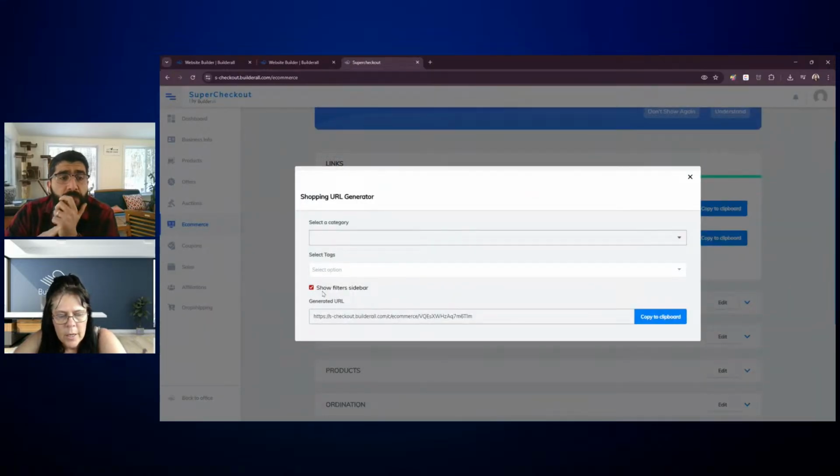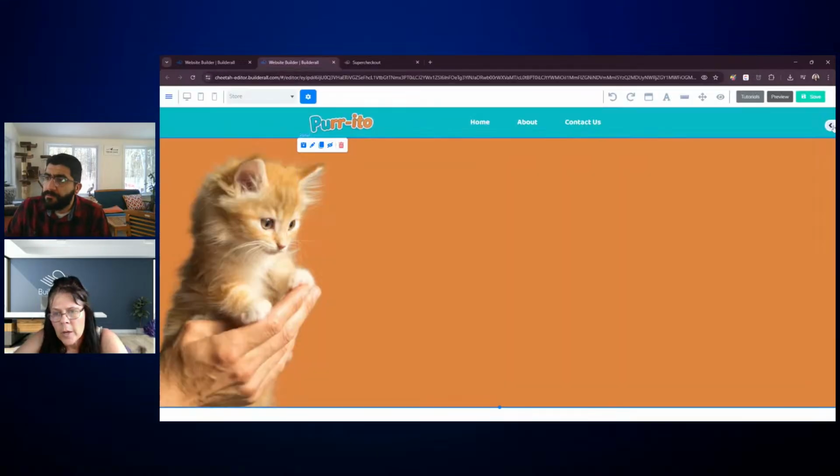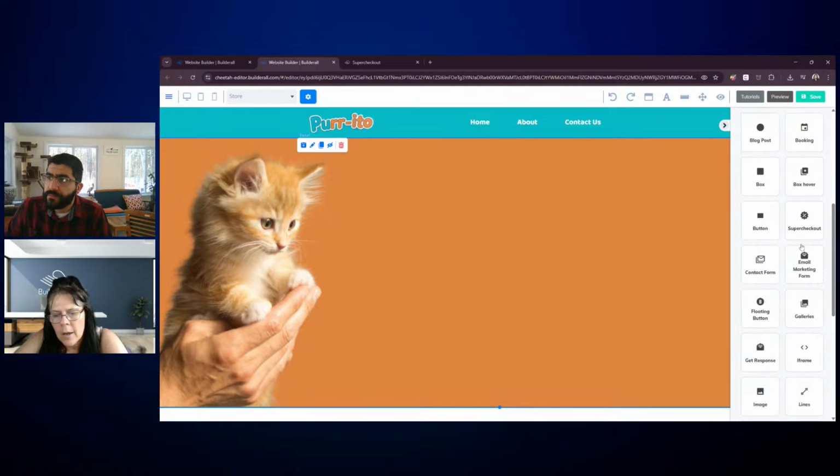But we're going to click on show shopping URL generator. All right. Show filter sidebar. We don't want them to show the filter sidebar. We want to omit that. All right. We also don't want to show categories. You can actually put the categories there if you want to, and you're going to copy that. Then we're going to drag this into an iframe,